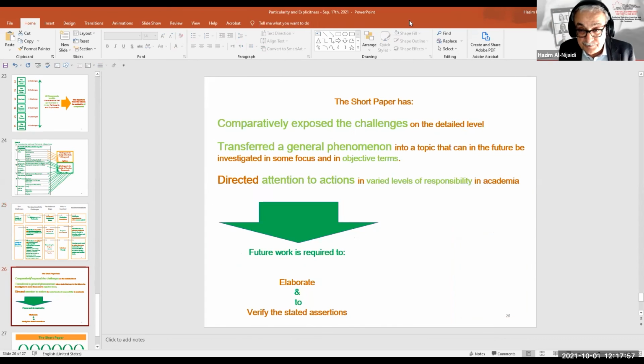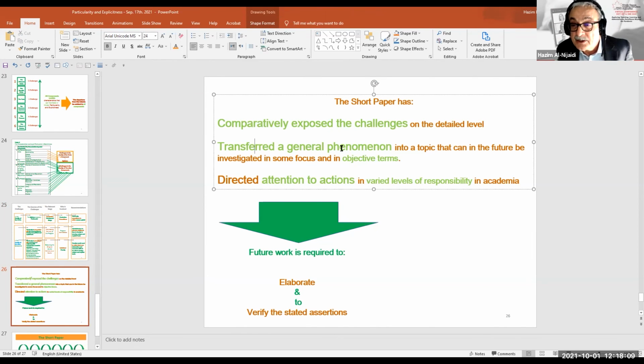So in short, the study, or actually it is a short paper, has comparatively exposed the challenges on the detail levels, has transferred the general phenomenon into a topic that can be investigated in objective terms further, and directed attention to actions on varied levels of responsibility.